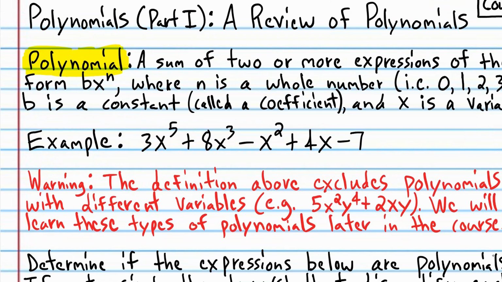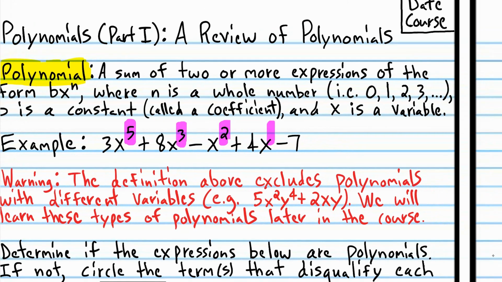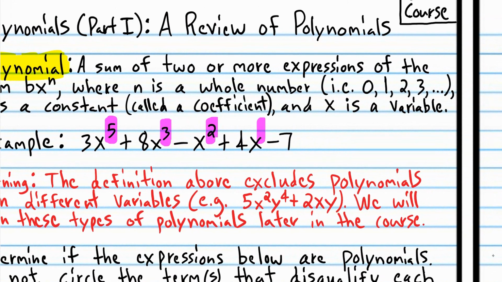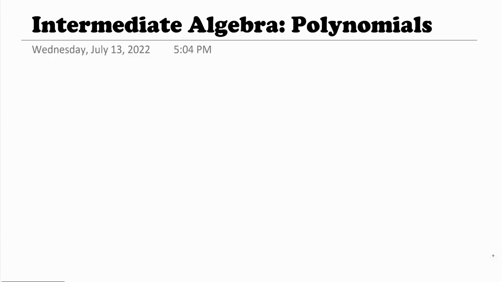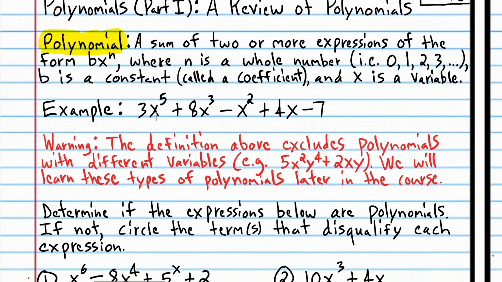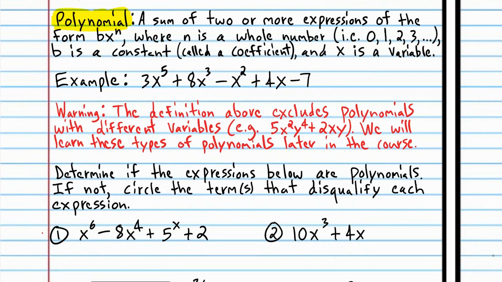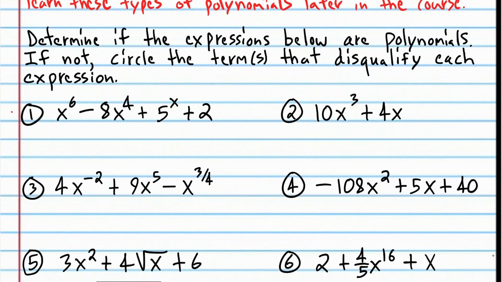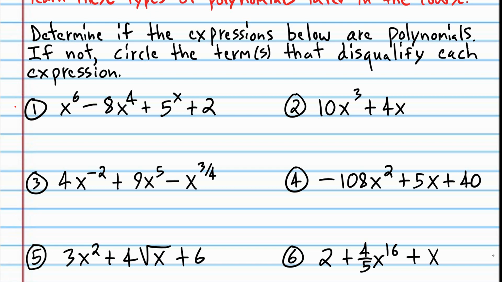It's important to understand that there are some restrictions when defining an expression as a polynomial. The exponents of the variables must be positive, and they must be whole numbers. Now, whole numbers include 0. That's just the way mathematicians define it. So the exponents can be 0, 1, 2, 3, 4, but we can't have fractions as exponents, and we can't have negative numbers. So let's do some practice problems to help us understand which expressions are polynomials and which expressions